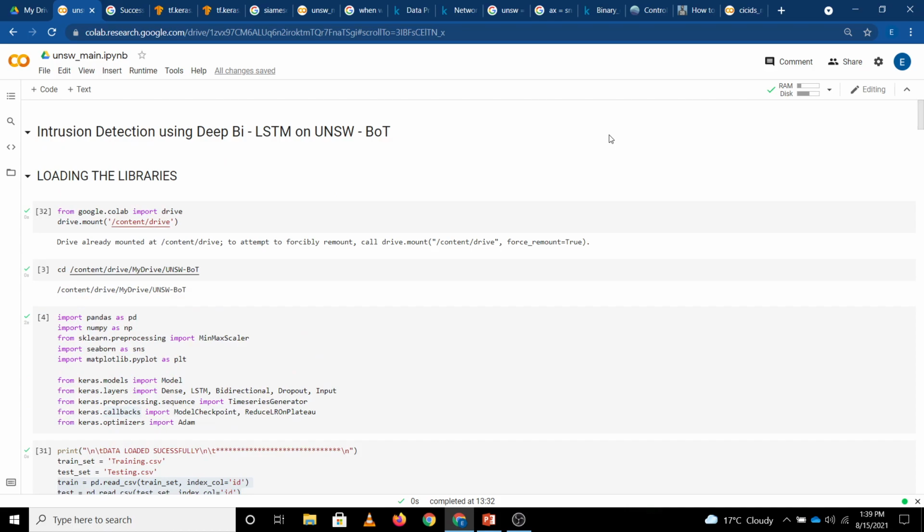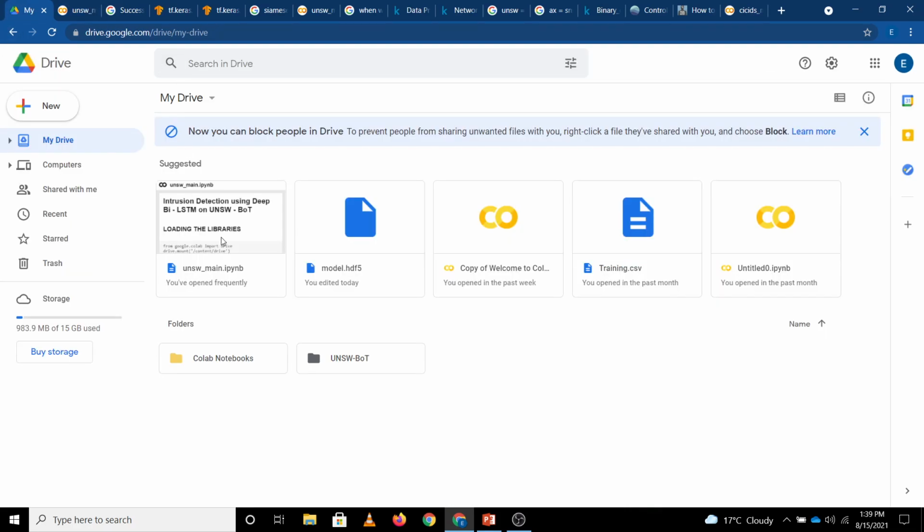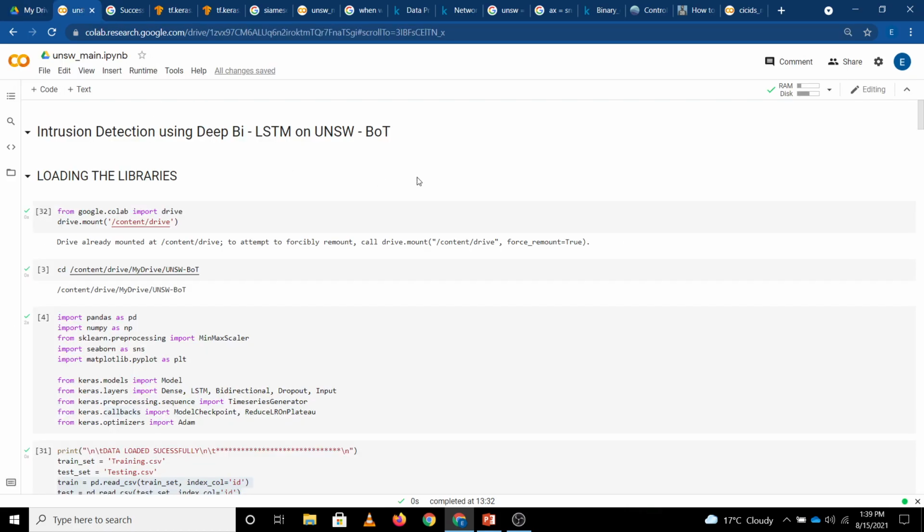I am working on Google Colaboratory. It's a Google Cloud platform that allows us to run and execute our project here. And here's my OneDrive where I've loaded all my data set and everything. I just opened it in Google Colaboratory. So here's my project detail, as you can see here.